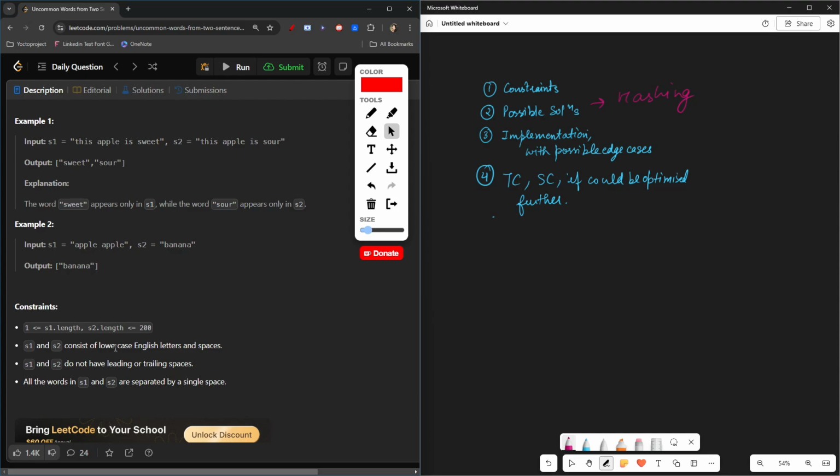Now S1 and S2 consist of lowercase English letters and spaces, so that means the uppercase edge case is also eliminated. See how I'm eliminating these, just by checking the constraints. The empty string could have been an edge case, but that is also not there because it is starting from one. Here it is mentioned lowercase English letters and spaces, that means the uppercase letter edge case which could have been there